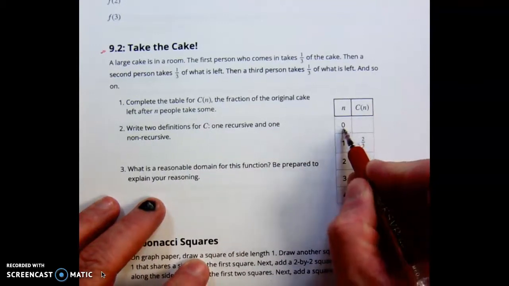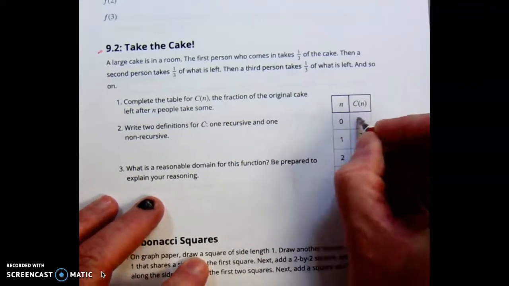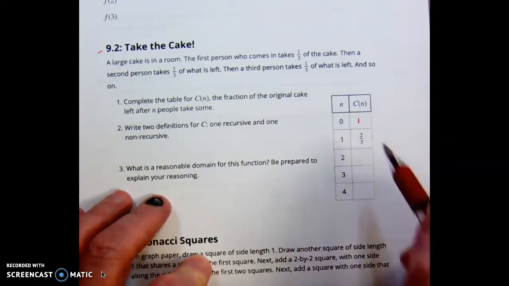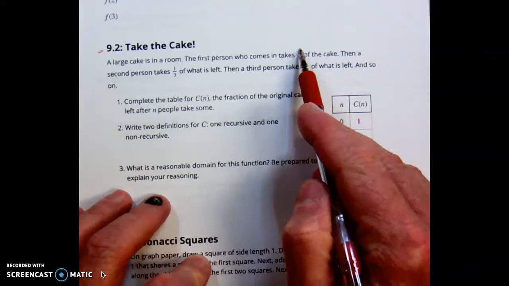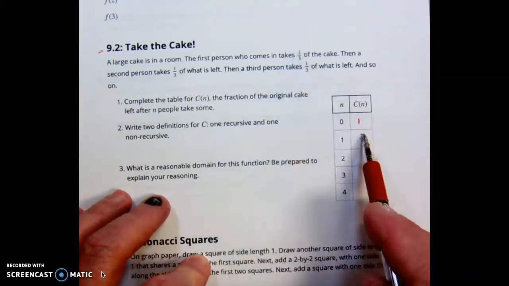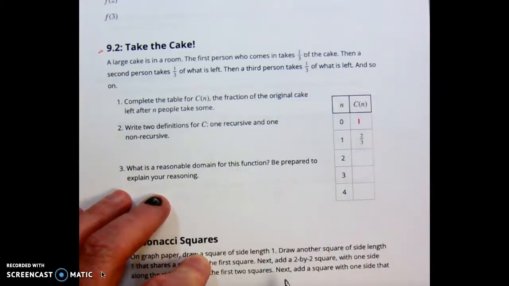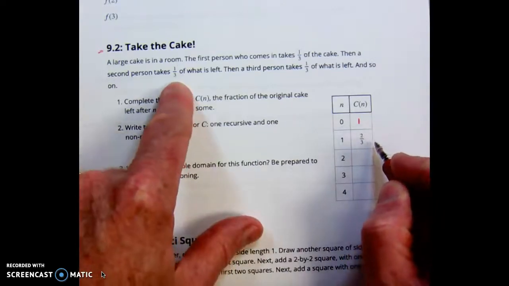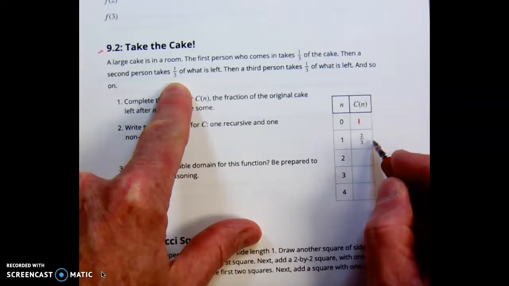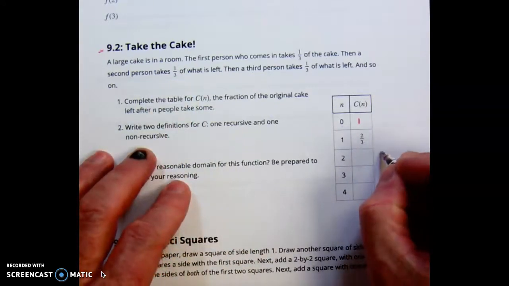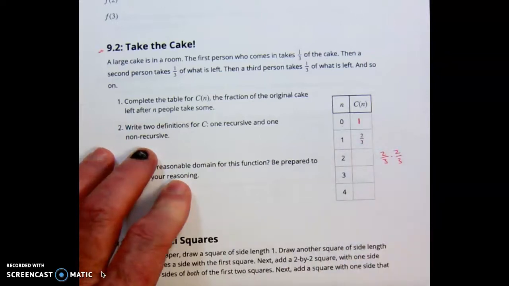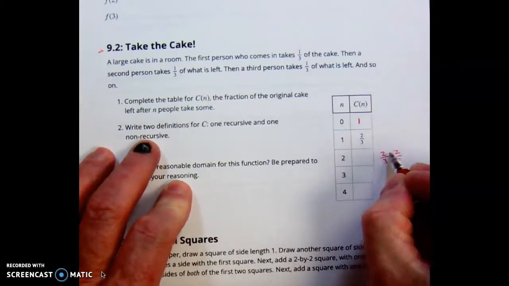So if no one comes in the room, we have one whole cake left. Okay? So if the first person takes 1/3 of the cake, we have 2/3 of it left. If the next person takes a third of the cake, we're going to have 2/3 of what is left. So this next one is going to be 2/3 times 2/3. Okay? So that's going to be 4/9